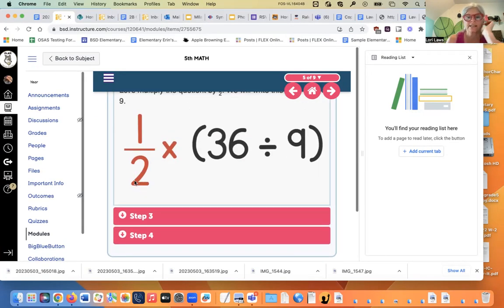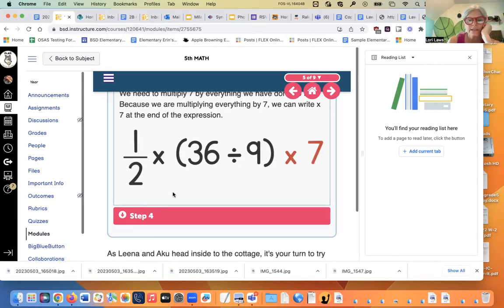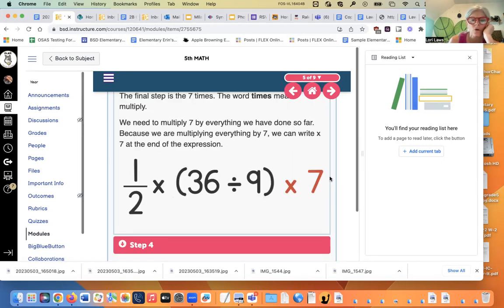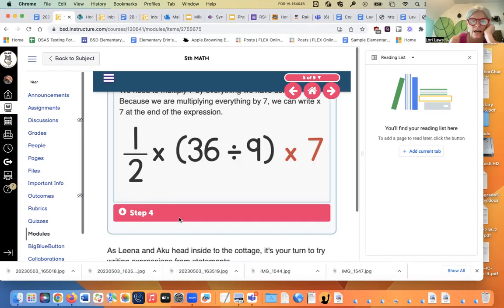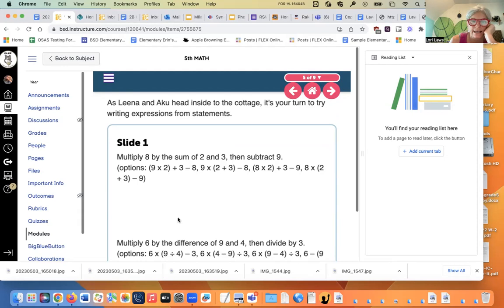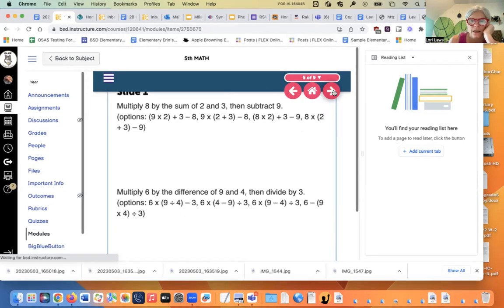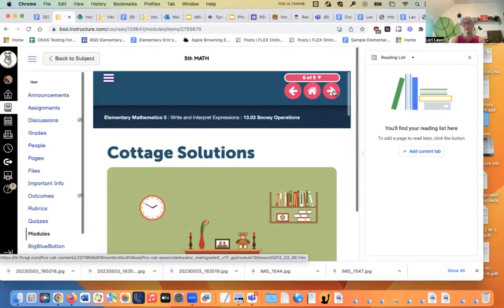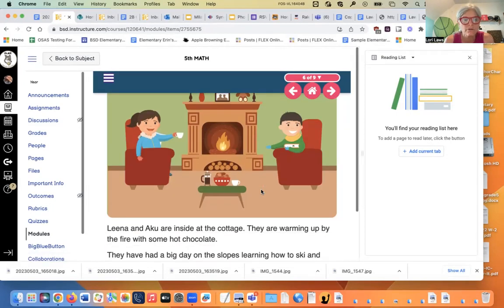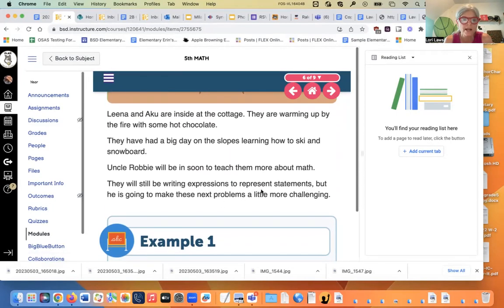So there's the 36 divided by 9, but now we have to do 1/2 of it. So you can do 1/2 times it or divide it by 2. Either way works. 1/2 times 36 divided by 9, and then times 7 at the end. So we put that at the end, or we could put double parentheses around it and have the 7 times at the front. Either way, we need to make sure we're doing that second. Nice job. All right. So work your way through these problems slowly and carefully, remembering the order of operations